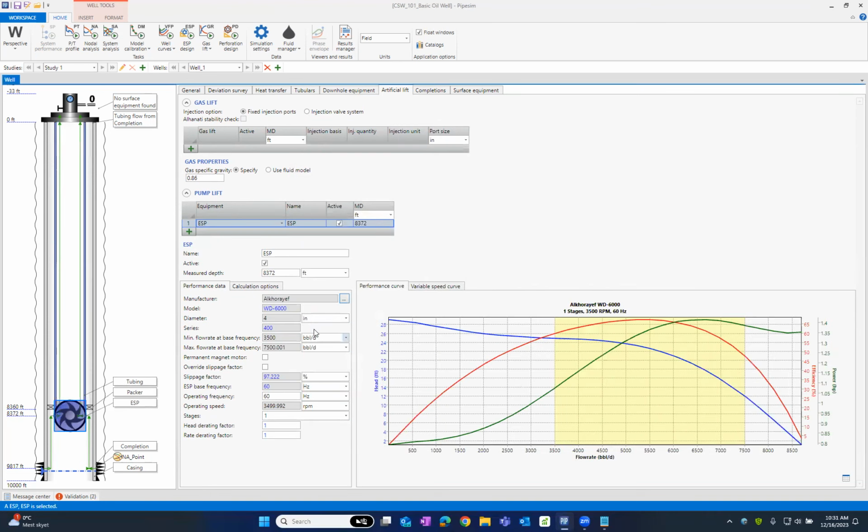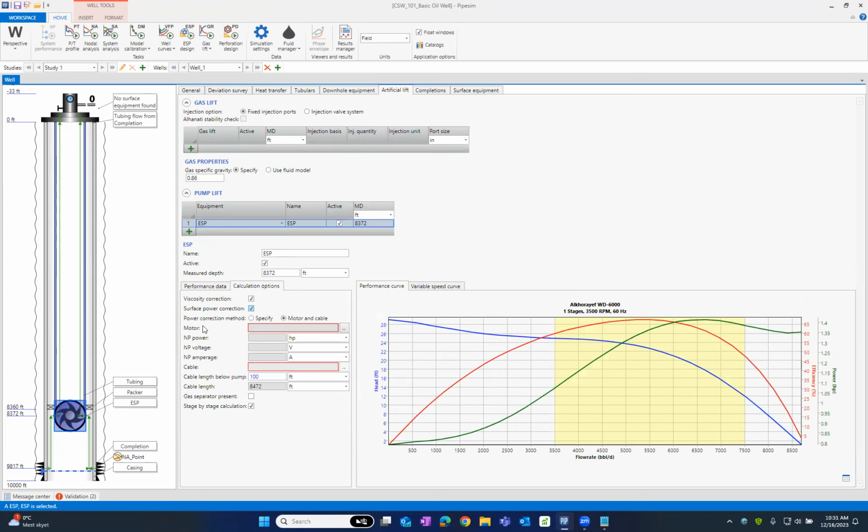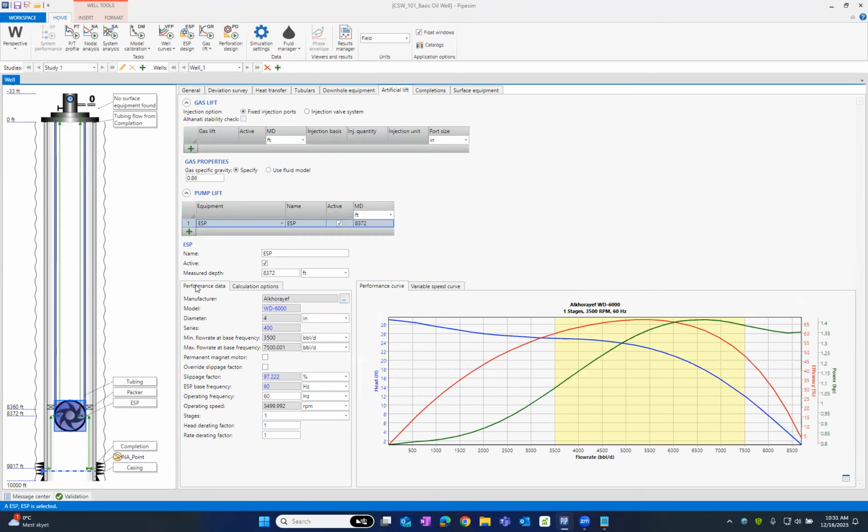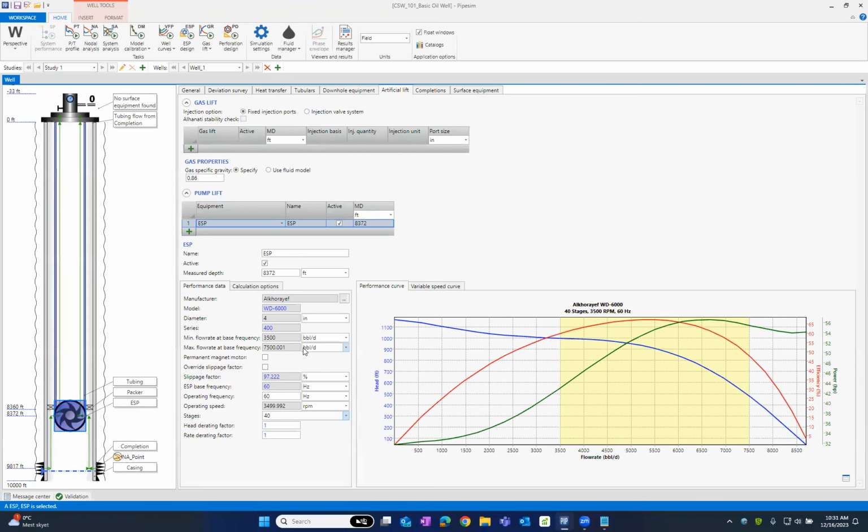And now the calculation option, I don't want to calculate the surface power correction. Now I need to define the number of stages because each stage is going to add a certain head. Usually each pump comes with a set of stages. For example, let me try installing 40 stages, meaning a pump after a pump after a pump. It's going to be a very long ESP string. So by using ESP stages,